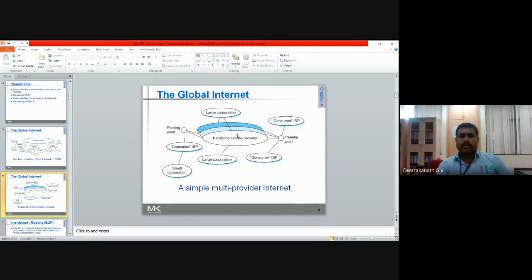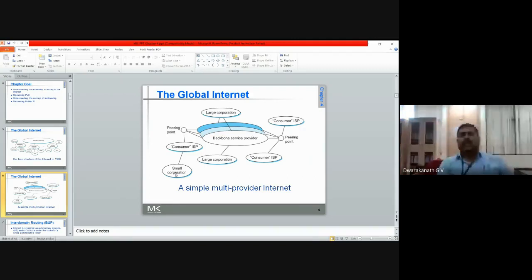Now, the large corporations will give direct connections. For example, Reliance. Assume you are a large campus, one big company, for example Infosys, Cognizant. They will never go to the ISP provider. Directly they will go to the manufacturer itself. That's the difference I am telling you. So directly they will go to the backbone itself, for example Cisco.